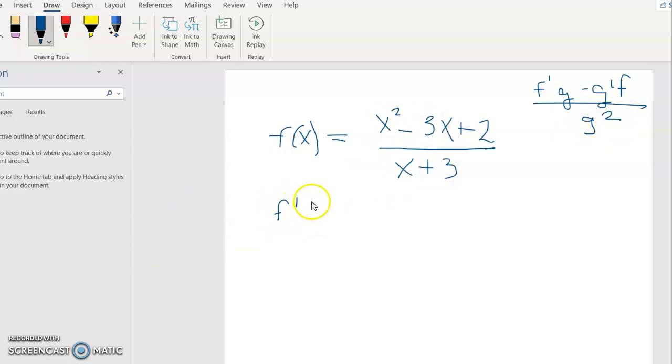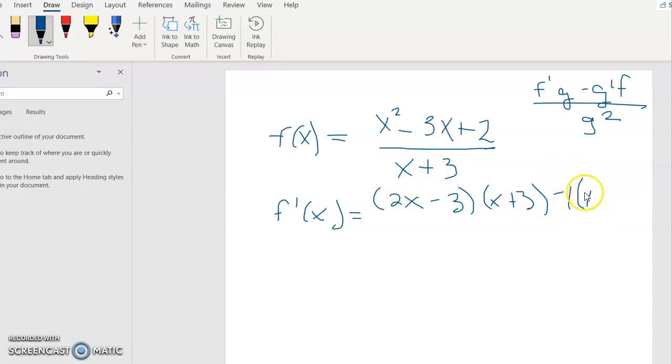So derivative of the top, we're going to get 2x minus 3. Now our bottom will tag along, minus, now the derivative of the bottom is just going to be 1, and the top's going to tag along,